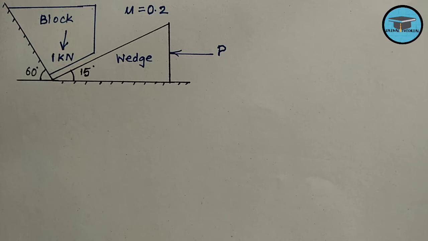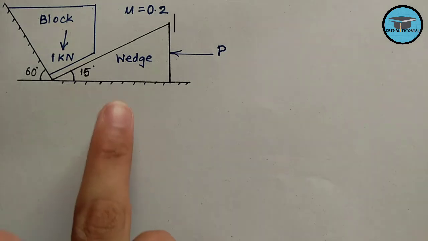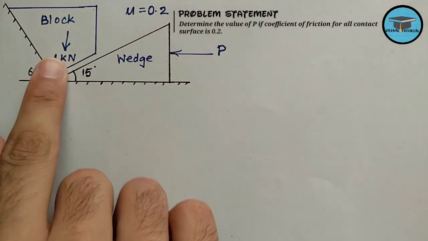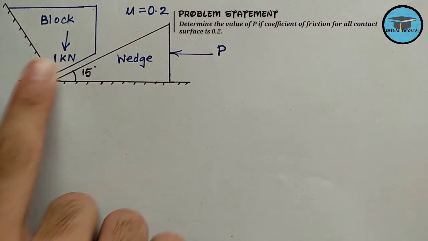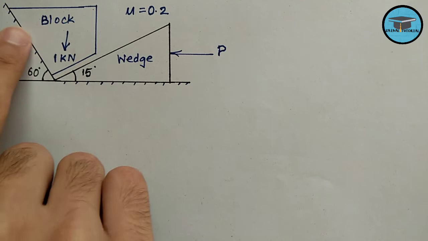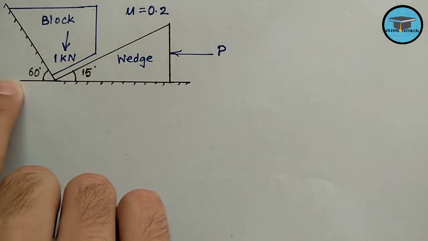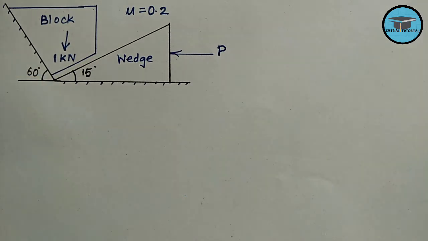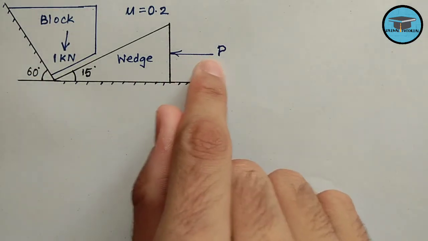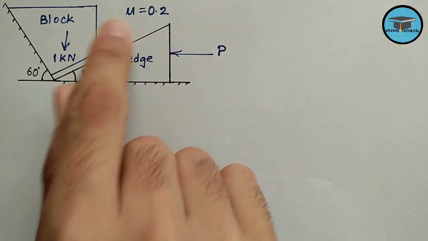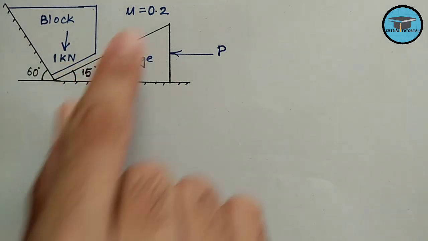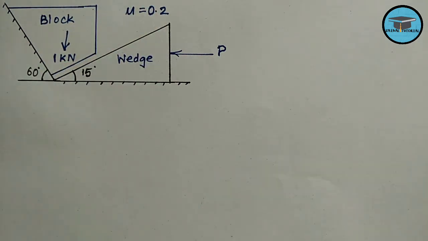So guys, I mentioned the problem statement in the description box. It consists of a massless wedge and a block having a weight of 1 kilonewton, which is resting against an inclined plane inclined at an angle of 60 degrees with the horizontal. We need to determine the value of P, and the coefficient of friction for all contact surfaces is given as 0.2. For solving such problems, we need to draw the free body diagrams,